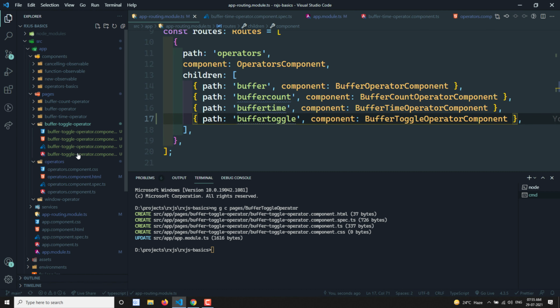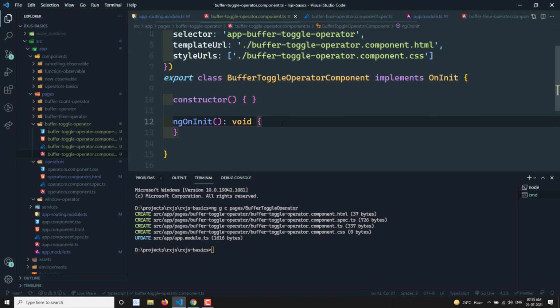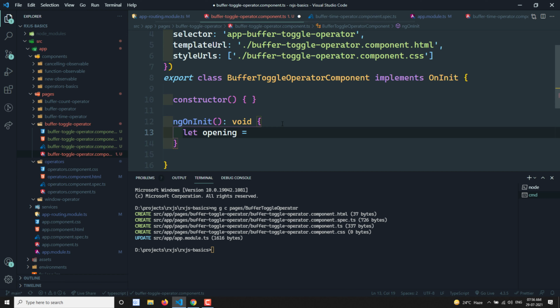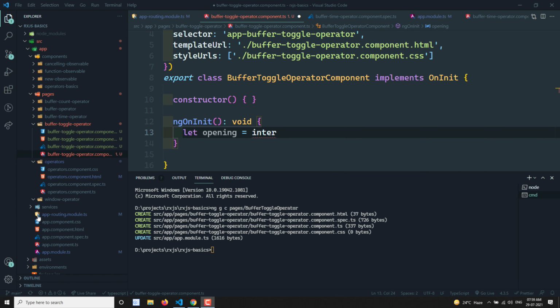In this component.ts, let's first create the opening. Let opening be an interval. Before writing this opening, let's create an observable.